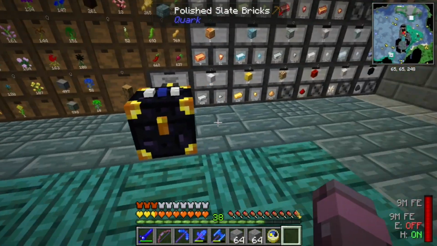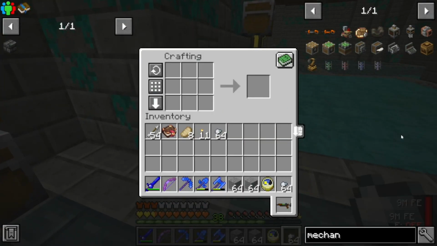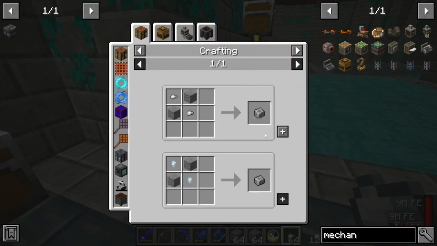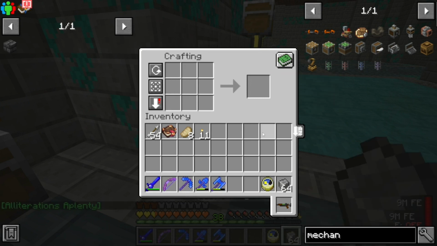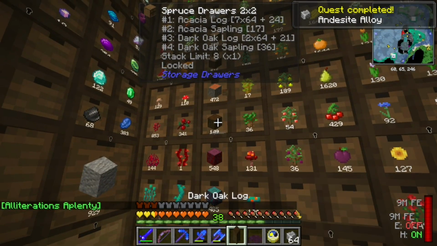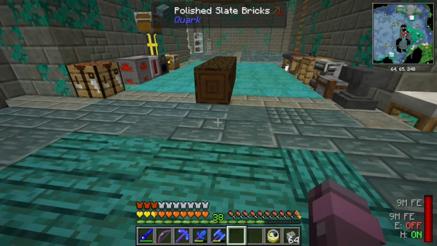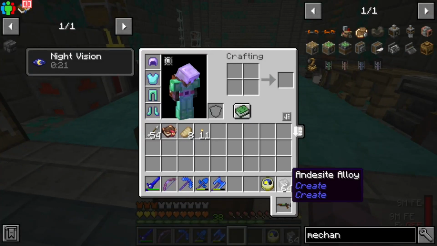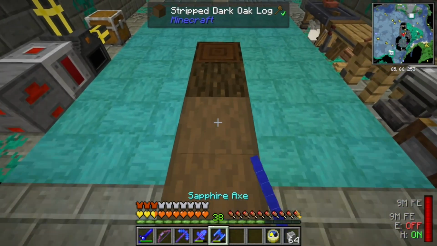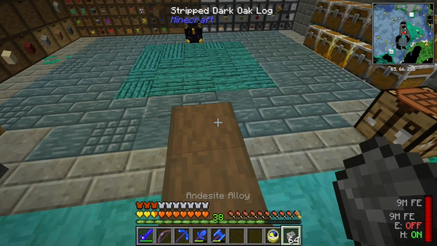we're gonna start by just getting into Create real quick. We need to make some plates, and the way we have to do that right now is by hand with a mechanical press. Now we're gonna probably need a couple andesite casings. Those were andesite alloys I just made. You make it with andesite and either iron nuggets or zinc nuggets. We got a lot more iron than zinc right now. And then one way to make the casings is just to...